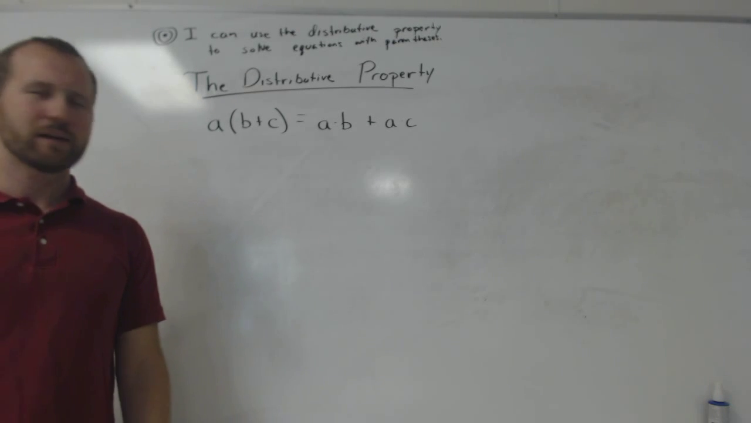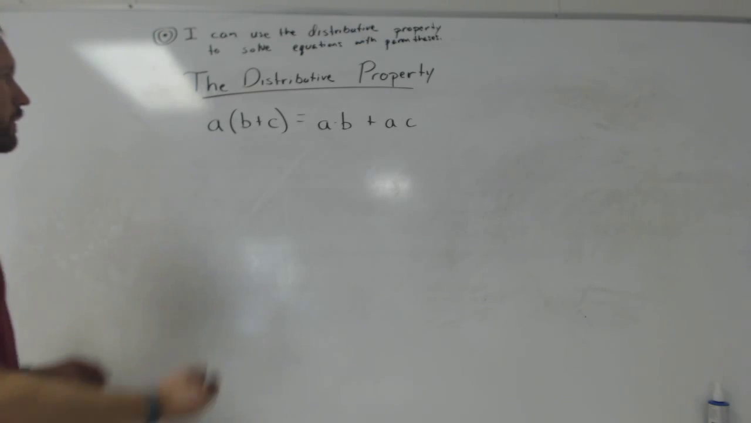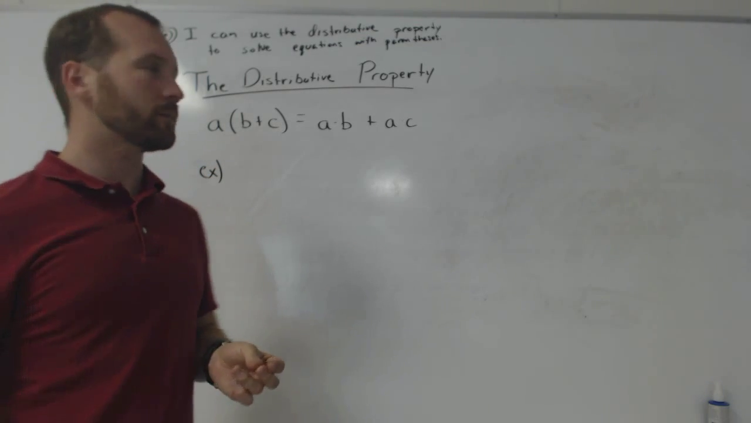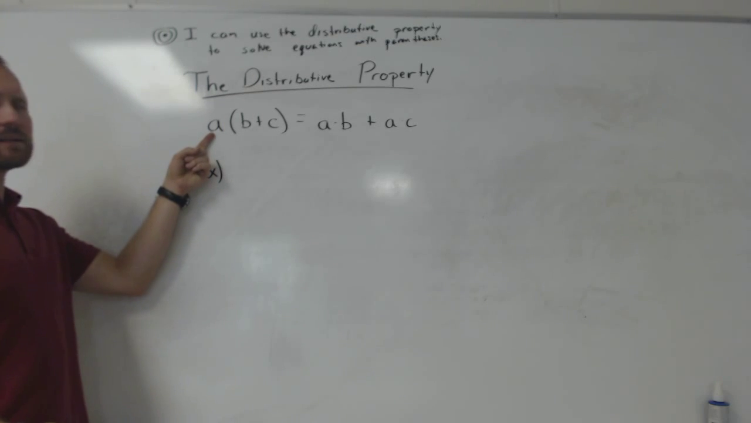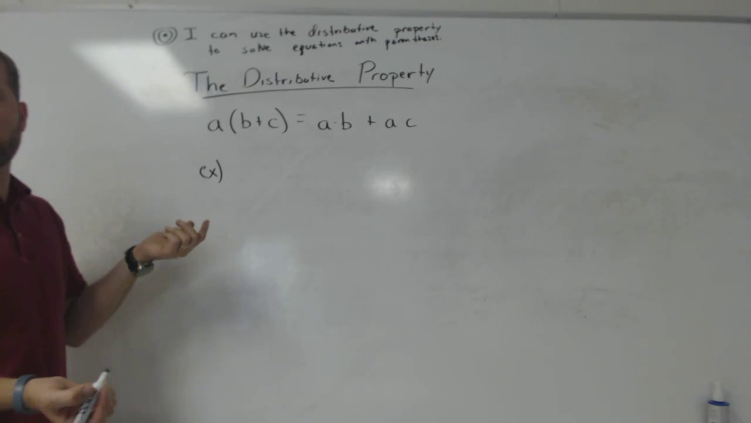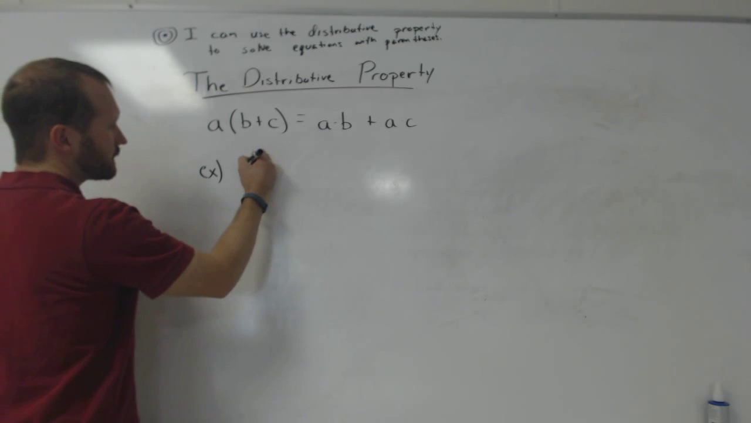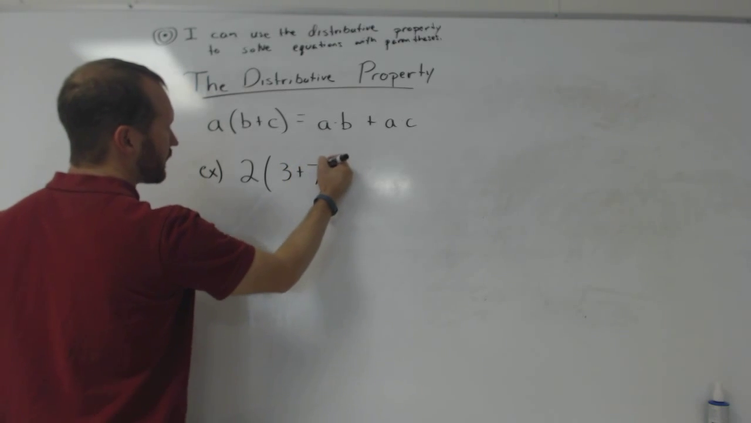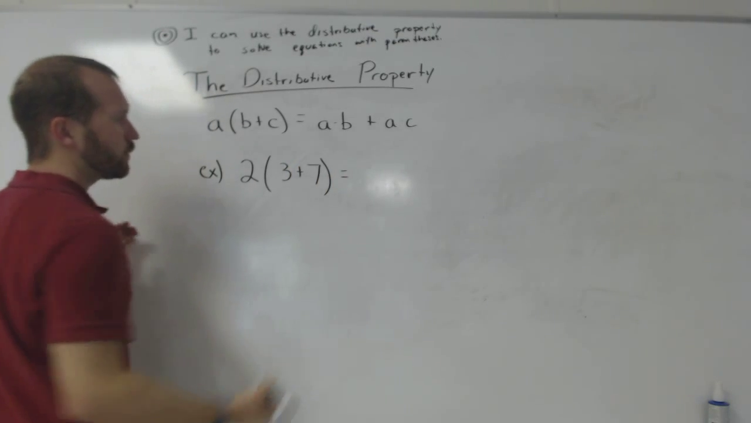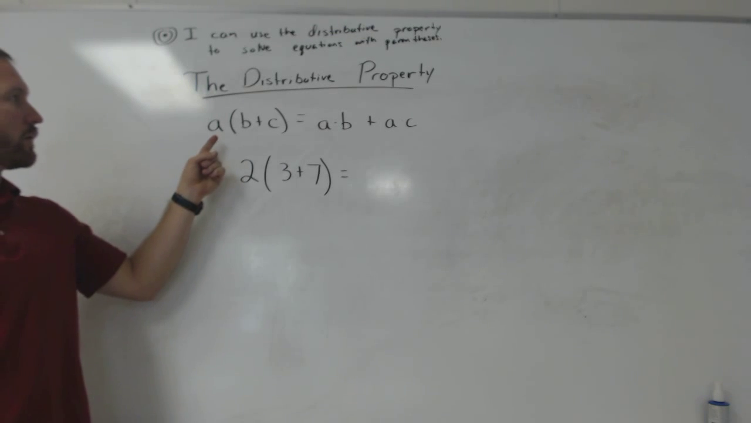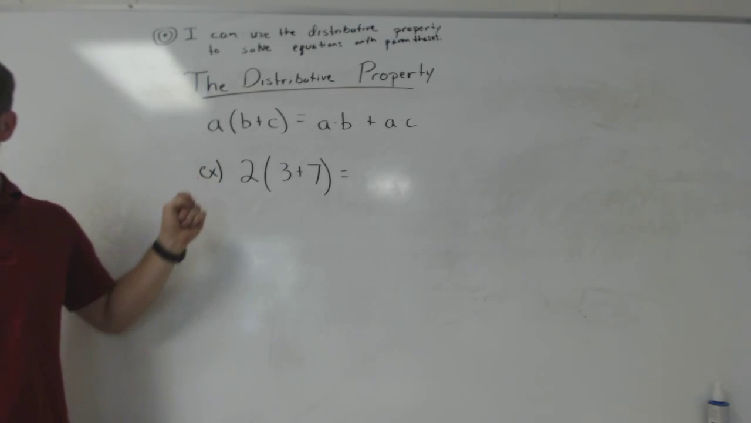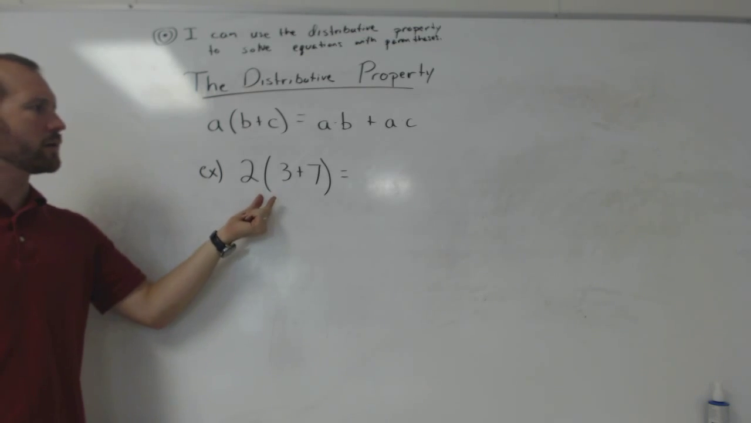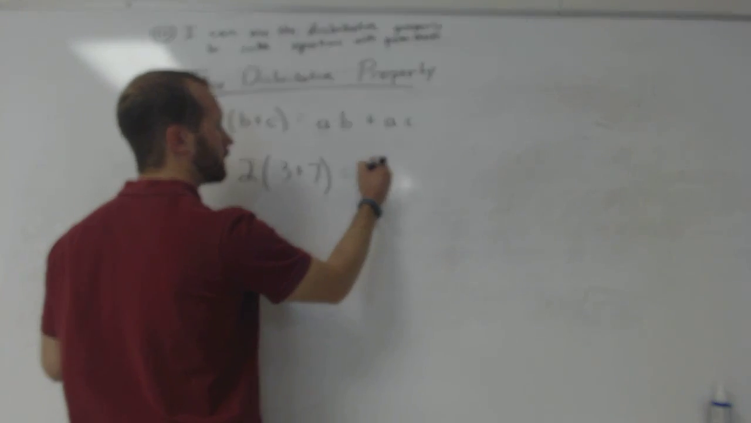What does that mean? If we do an example with numbers, it might seem a little bit more clear. So A is a variable. It just represents any number. So I could rewrite this as 2 times (3 plus 7) equals what? 2 times (3 plus 7). That's what it says right now. So just rewrite: 2 times 3, plus